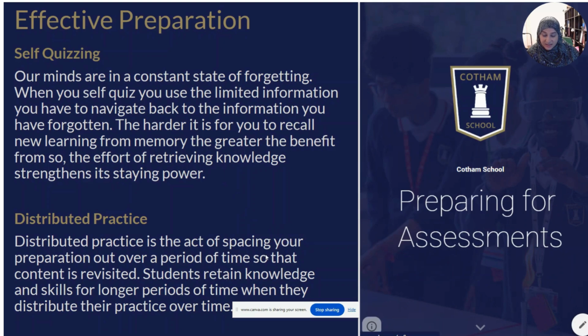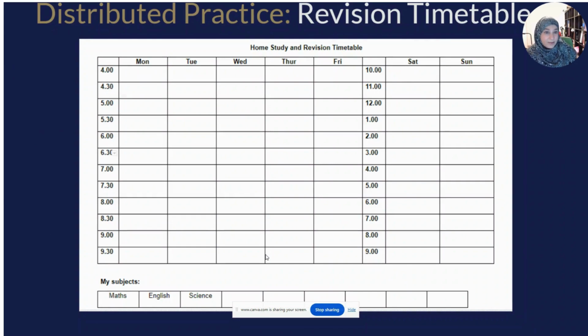Distributed practice. Now, this is just the act of spacing out your revision over a period of time. So it's not beneficial for students to try and cram everything in at the last minute, because it's really hard to retain information in your long-term memory. What's more effective is spacing out your revision over a longer period of time, and actually planning what you're going to revise and when.